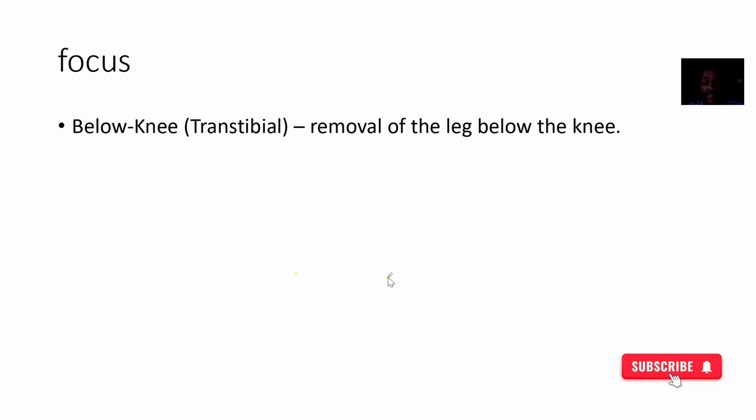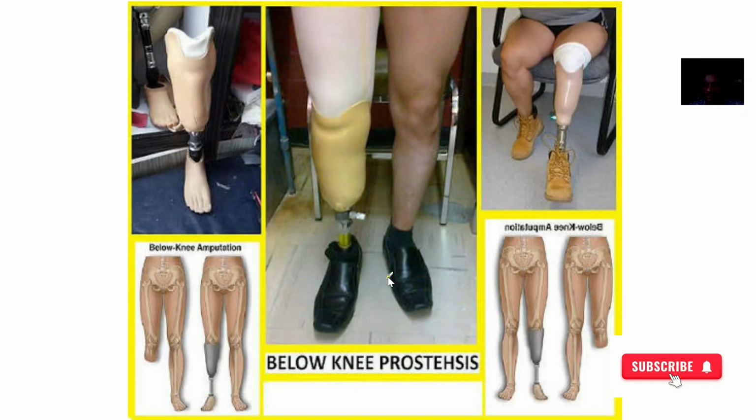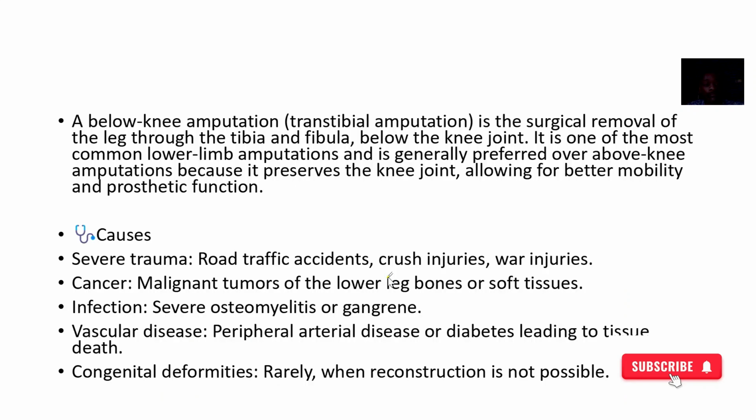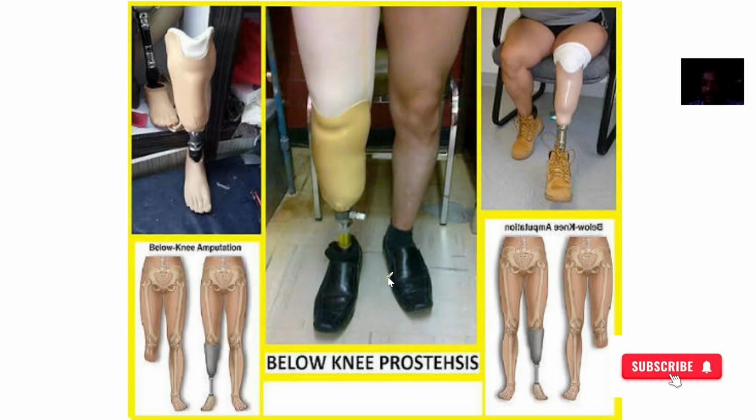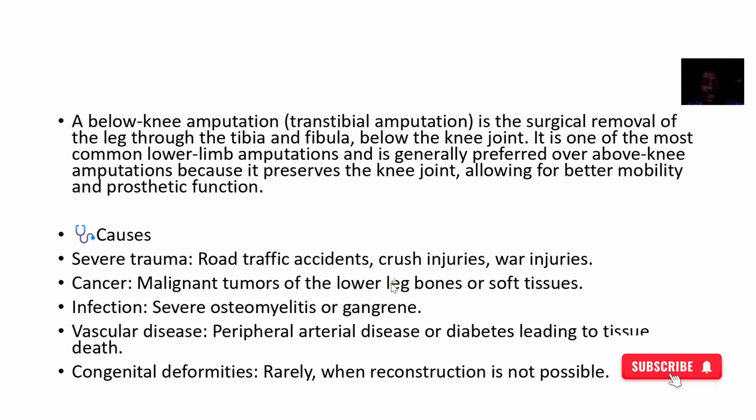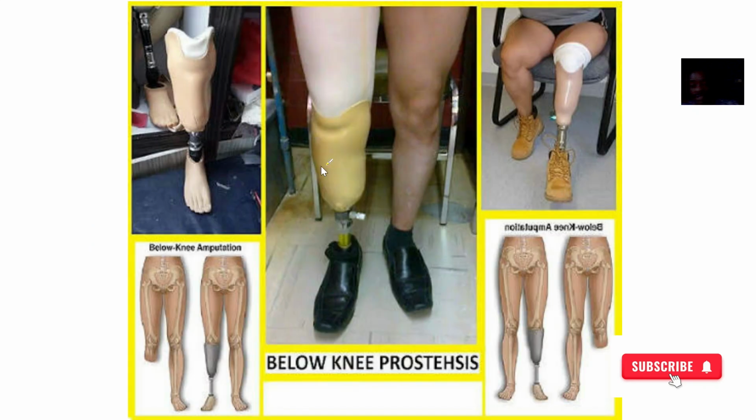so we have below the knee and also transtibial, removal of the leg. So this is below the knee amputation. Okay. So below the knee amputation, we said that is a surgical removal of the leg, and you are doing this through the tibia and the fibula. So that's below the knee joint. It's actually one of the most common lower limb amputations, and is generally preferred over the above knee. Why? Because at least you are preserving some of my leg, and to make me feel less lonely without the